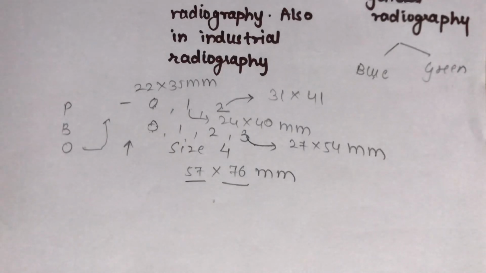Now the extraoral one. Extraoral films are used for taking all the extraoral radiographs. These are used in combination with the intensifying screen. So the intraoral ones are without screen, and the extraoral ones are with screens. And the last one was the duplicating films. These are used only when duplication of your radiograph is required, and they are usually a single emulsion film.